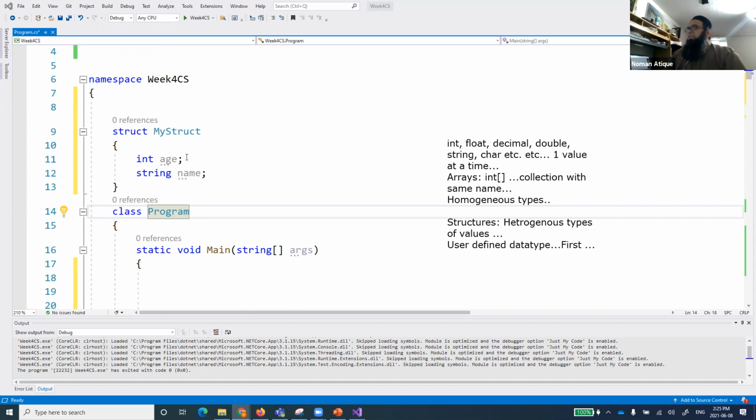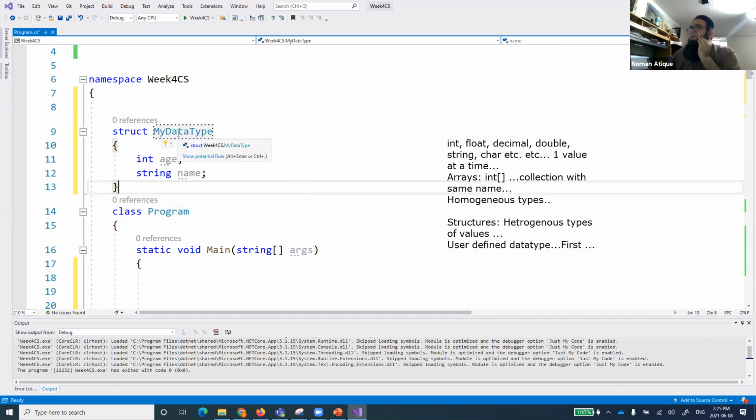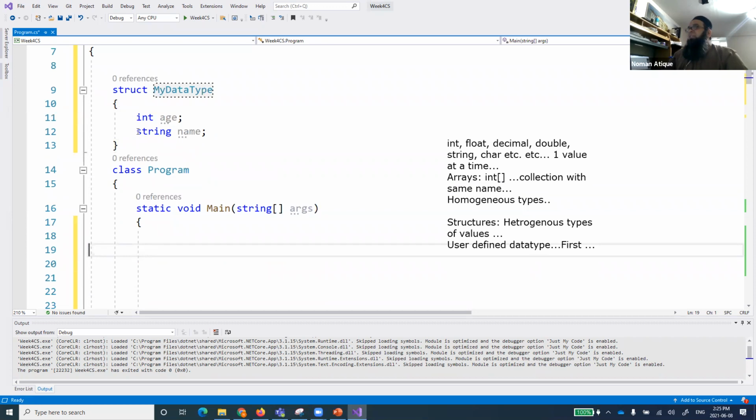When I want to use it, this is a data type that I've defined, and the data type name is my struct. This is my data type, because structures are our own data types. So let's come back to the main function. I defined it intentionally at the very top in the global scope. We can define it anywhere, but we usually define it like that.